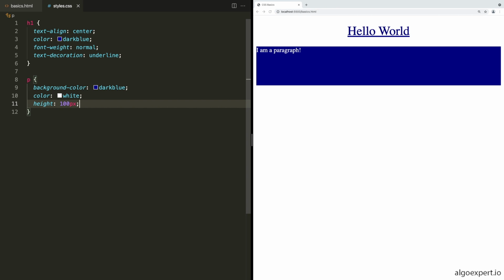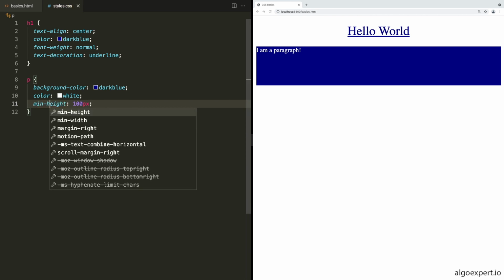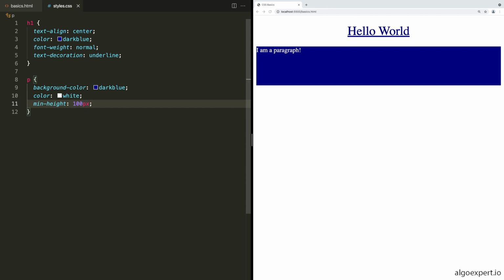There are other options for how we can set height. There's a bunch of different units, and we will see those as well in the future crash course videos. But for now, we'll just go with 100 pixels. But we might actually want to change this away from a height into what we call min-height. And min-height will do the same thing in this instance, but it's a little bit more accessible. The reason being it doesn't set the exact height, it just sets a minimum. So in the case the user was using a larger default font size than we were when we were building the website, this min-height will allow that paragraph to still get taller than the 100 pixels if theirs needs